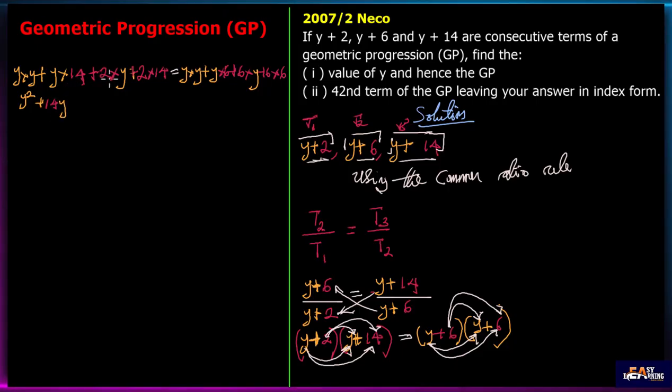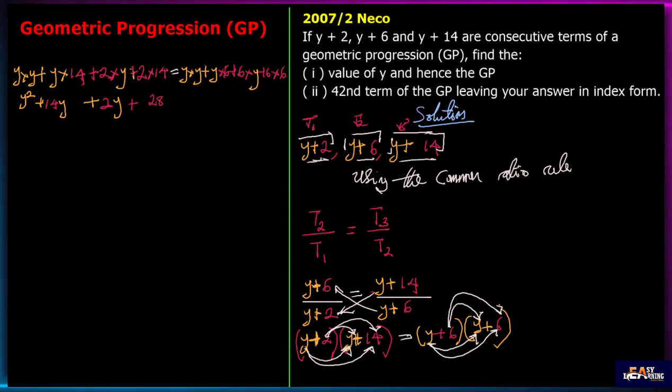Now here 2 times y will give us plus 2y, plus 2y. I want to use color for y. Plus 2y. Okay, better. Now plus 2 times 14 will give us 28,